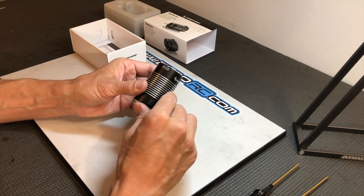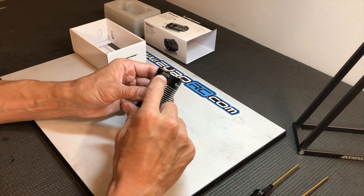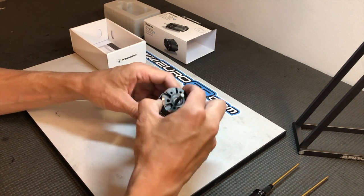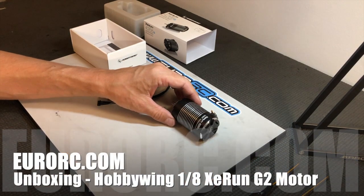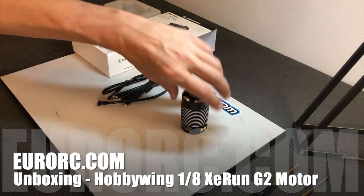And here you can have a timing. The box stock is 30 degrees. So this is motor for my 1/8 scale car, off-road car, and should be